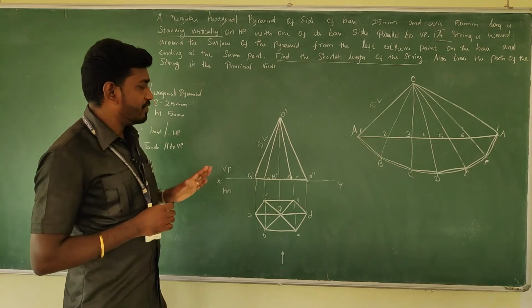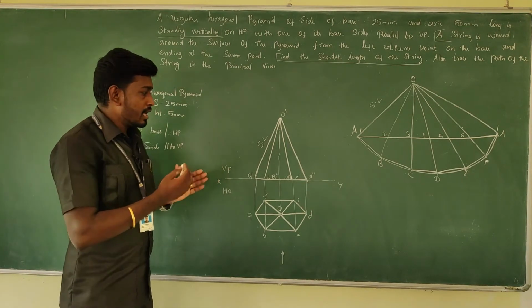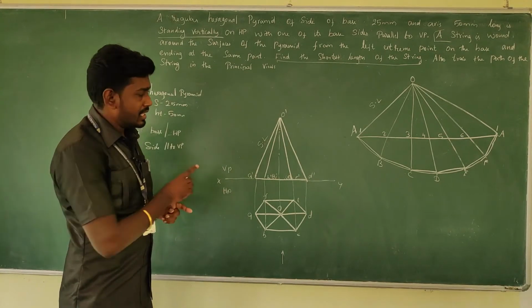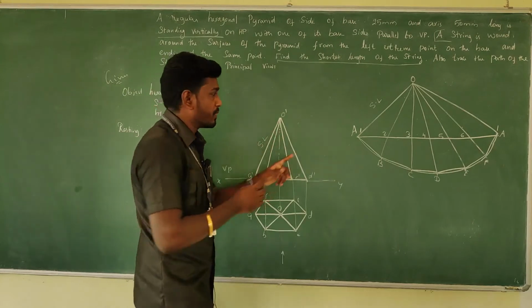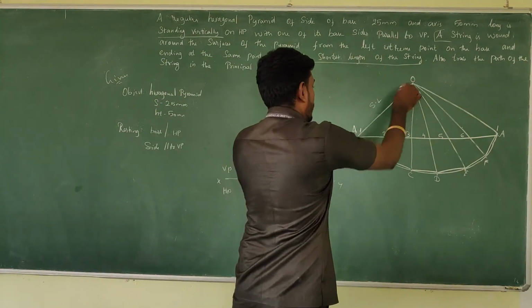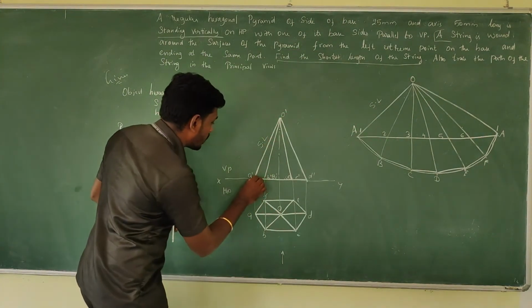After the formation of this line and cutting points, we can come to the top and front view of the projection. So here in the front view, we can try to identify the string path. So the first point where it has been kept is on A, between O to A, on A it is.